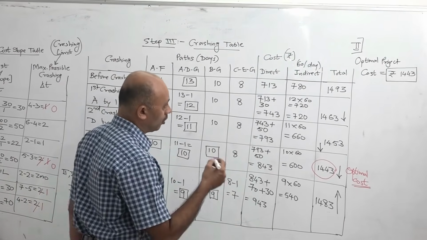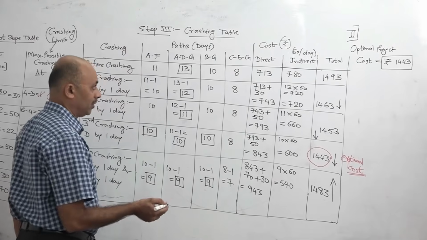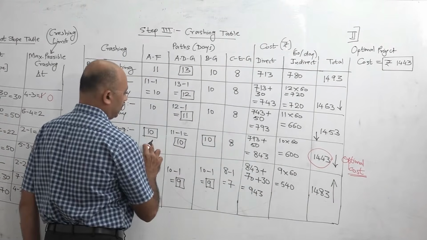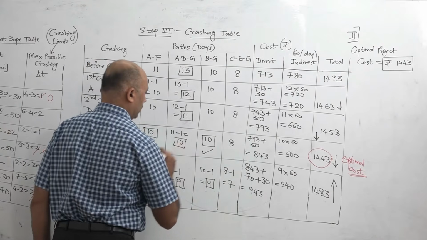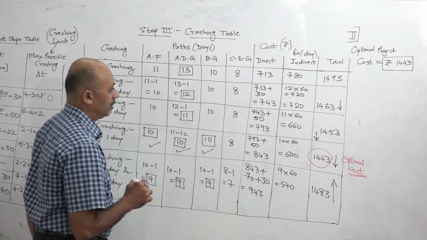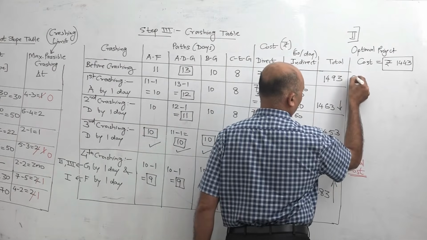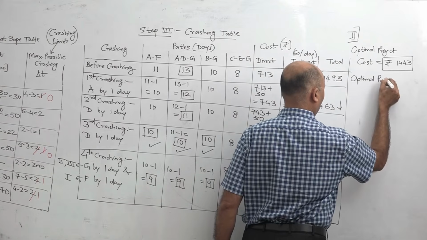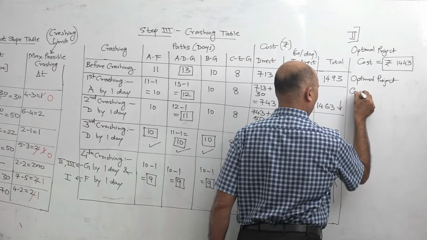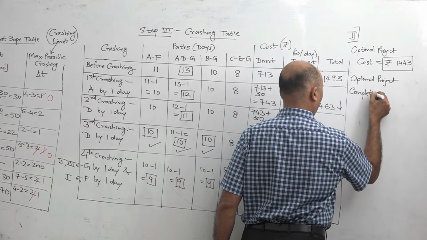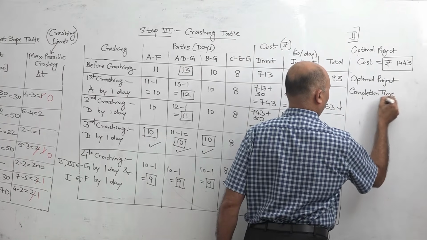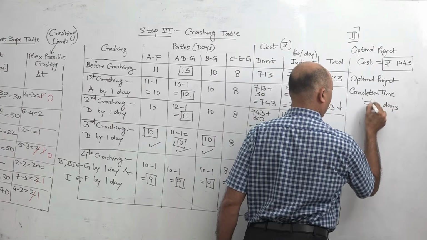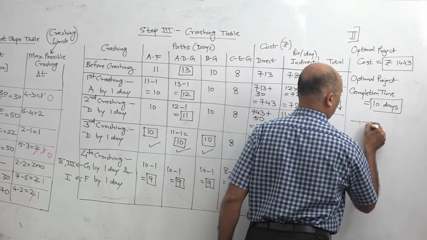Answer number 2 is what is optimal project cost and what is optimal project completion time. Now 1443 is our optimal cost and the corresponding time is 10 days. Okay. So that is our optimal project completion time. Okay, so now our solution is